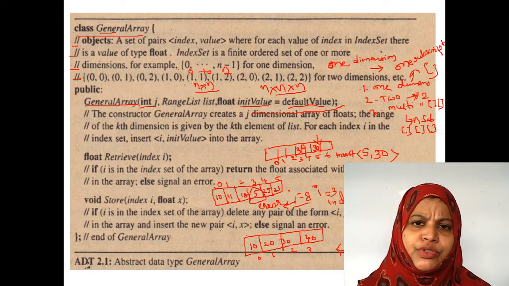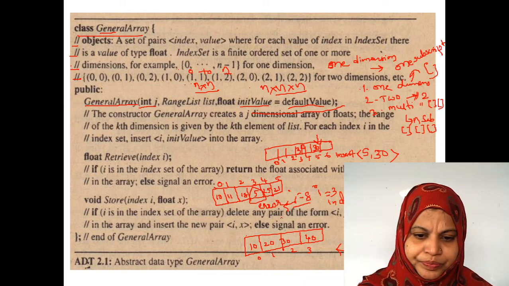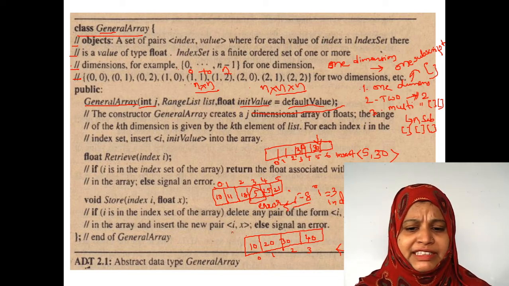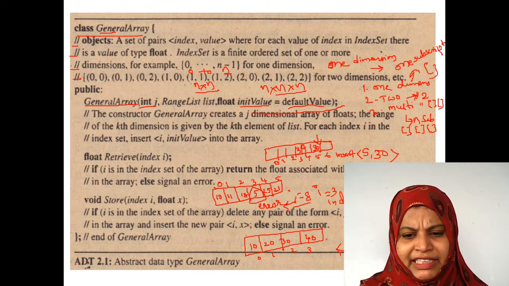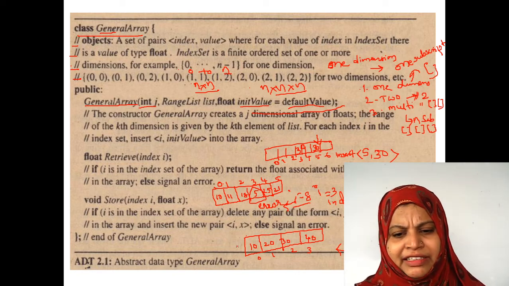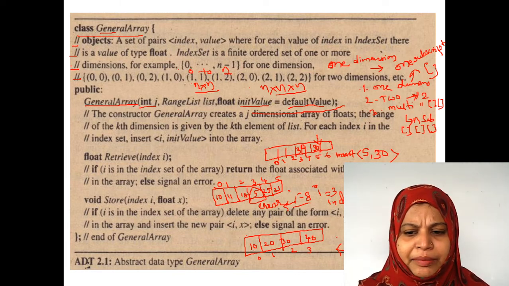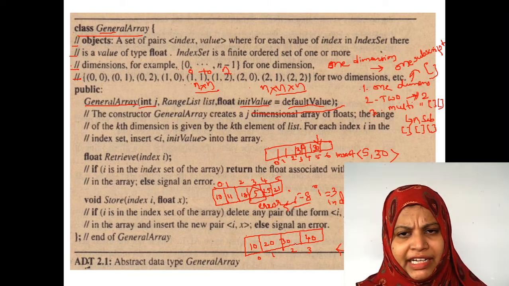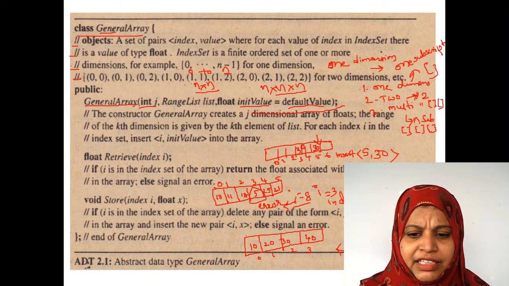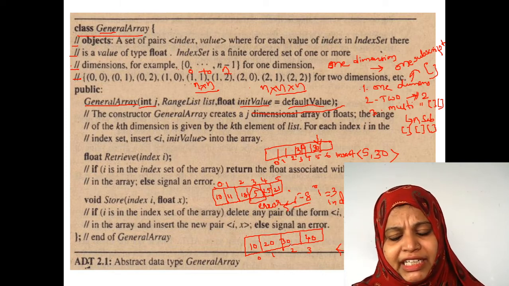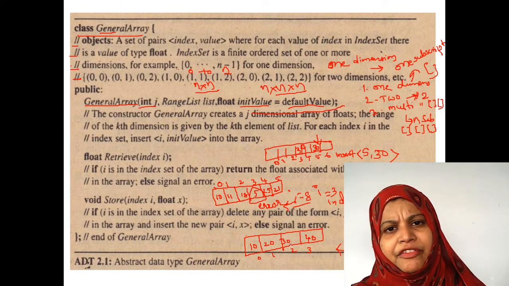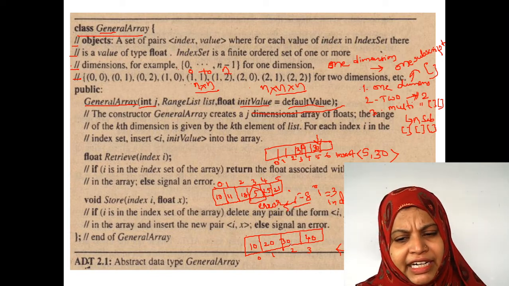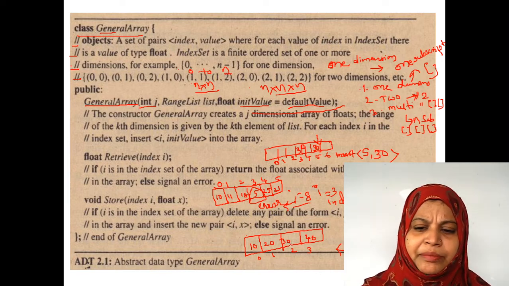Array size is 4. So already 4 elements are present in that particular array. In that case, we can't store this new element in this particular array. For this reason, first of all, we have to delete an element from the array. Then we can store the information in that particular array.